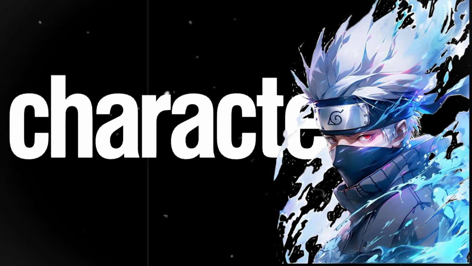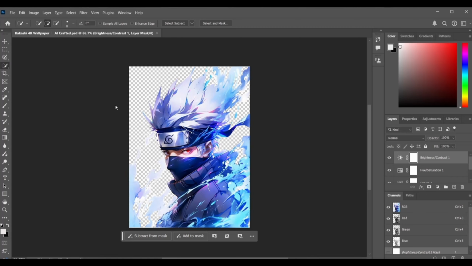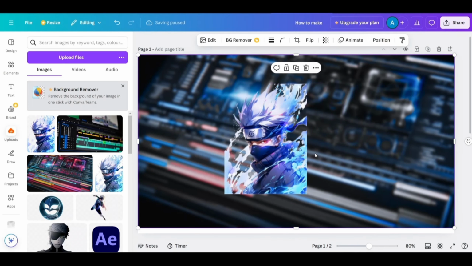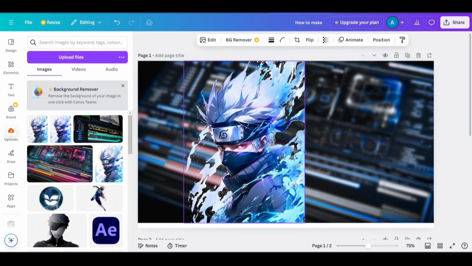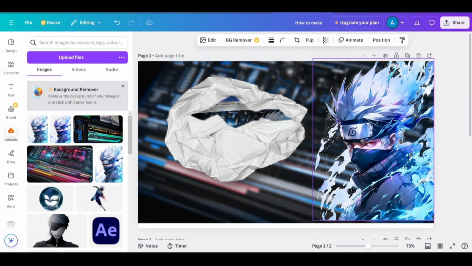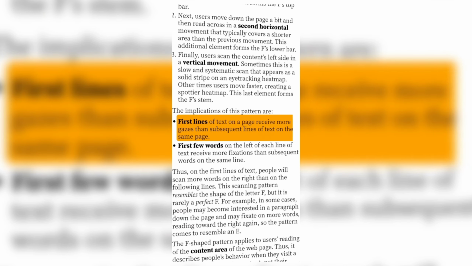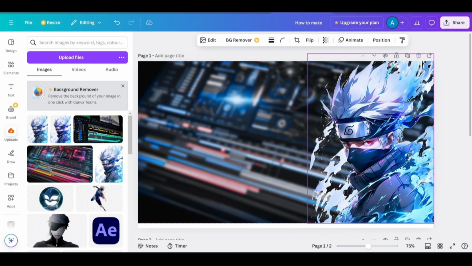Next, we add the character PNG. For background removal, I used Photoshop as it gives me the best result. You can try getting one from the internet or someone you know. I used Kakashi Hatake. He perfectly matches the theme of the thumbnail. You should place the character on the right, as in this type of thumbnail, you want the audience to read the title first. And people read from left to right. Match the size according to design principles, or just